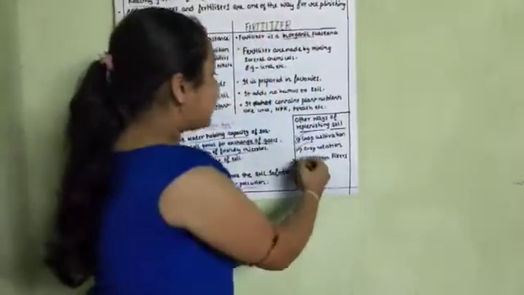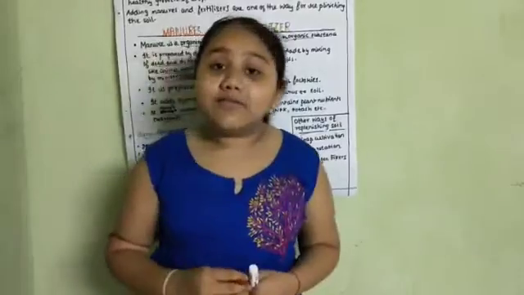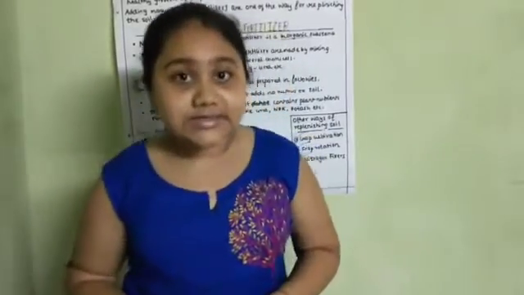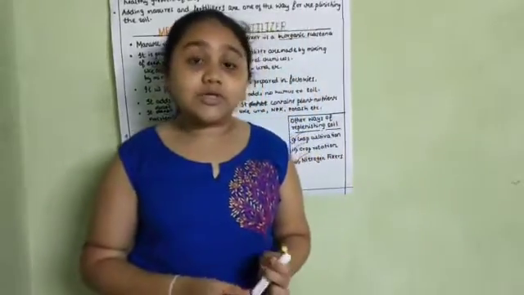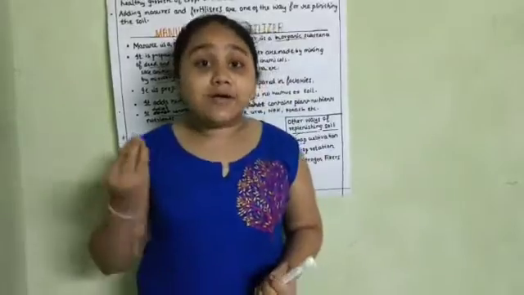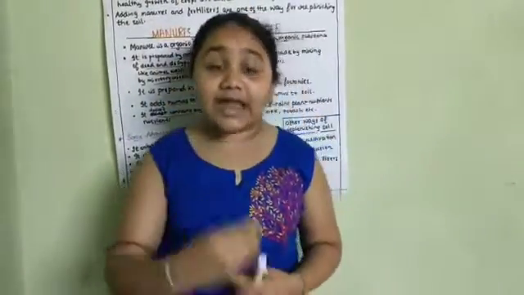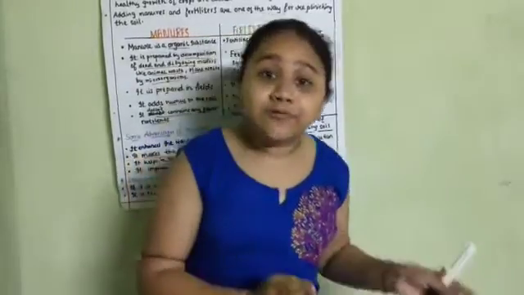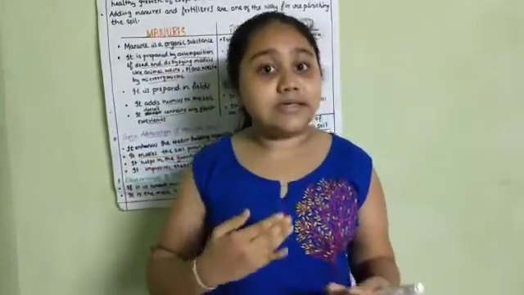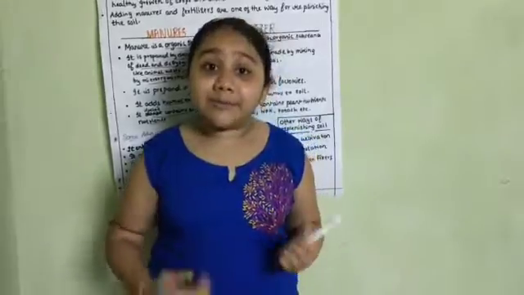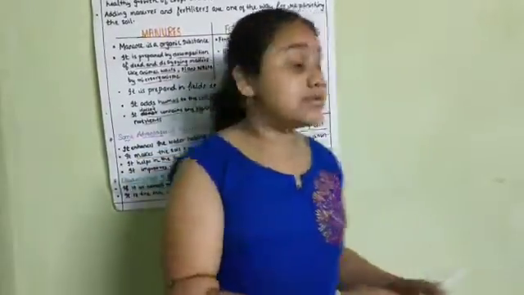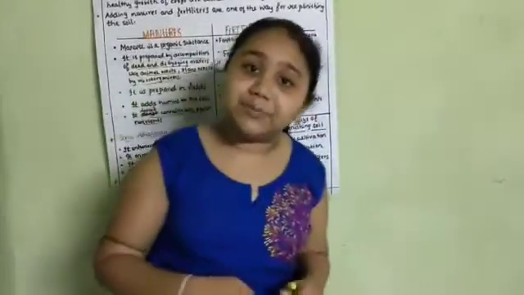And the third is nitrogen fixers, like the rhizobium bacteria, which are present in the roots of leguminous plants. That is why farmers grow leguminous plants, so that the rhizobium bacteria can absorb atmospheric nitrogen and convert it into its soluble form, so that the plants can easily absorb it and make proteins in their body. For the requirement of protein, these nitrogen fixers are very important.